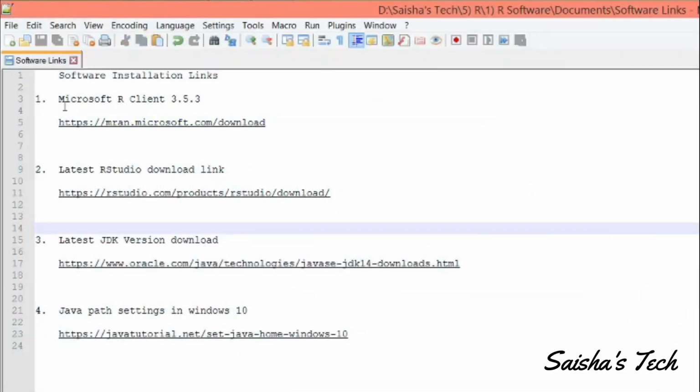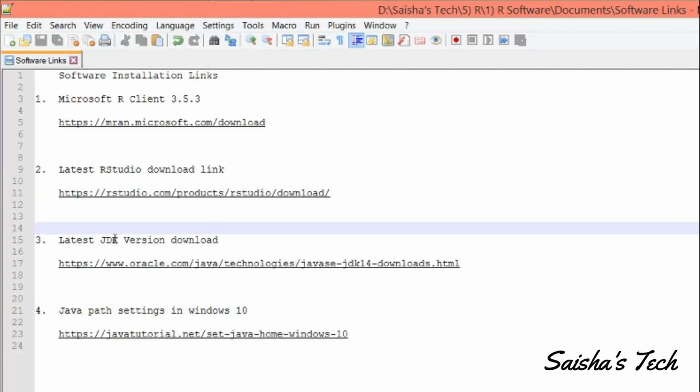These are the links to download the latest version of Microsoft R Client, RStudio, JDK, and to set the Java path settings in Windows. We have spoken earlier about Microsoft R Client. Now, RStudio is a GUI, that is graphical user interface between R and users.